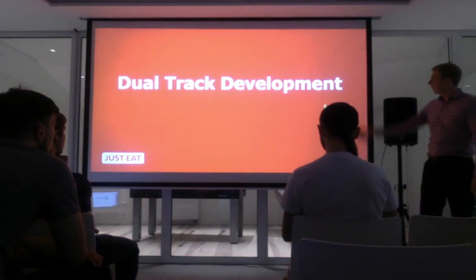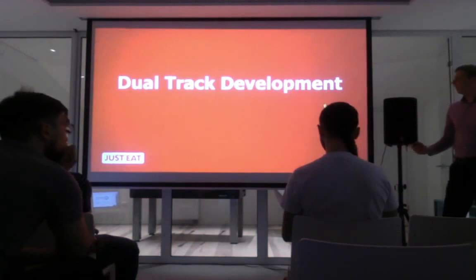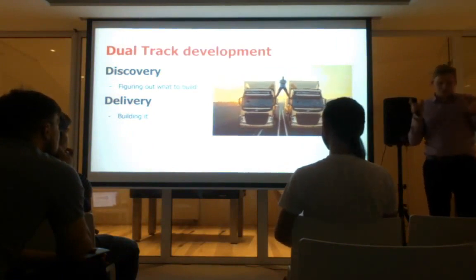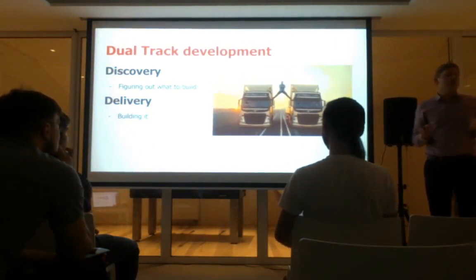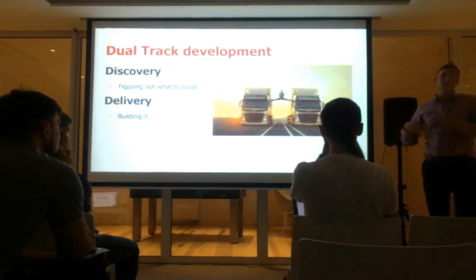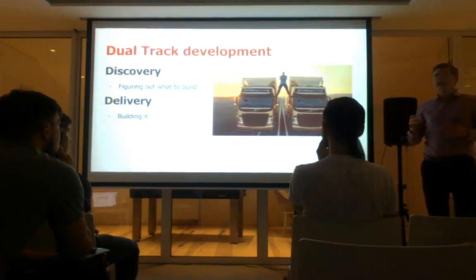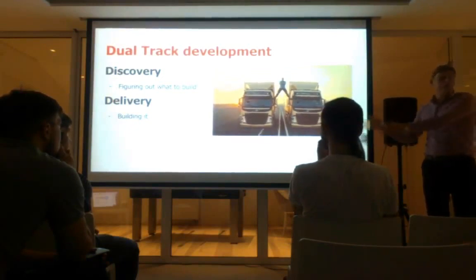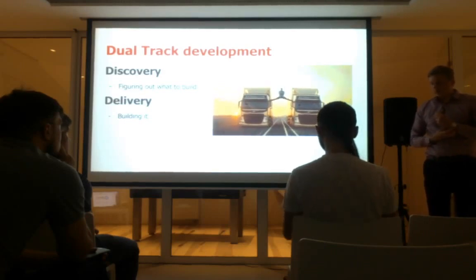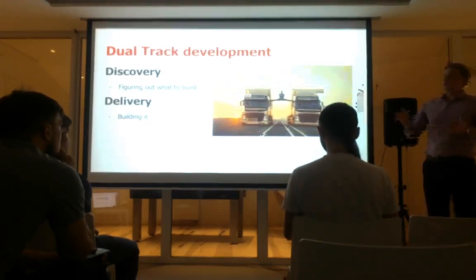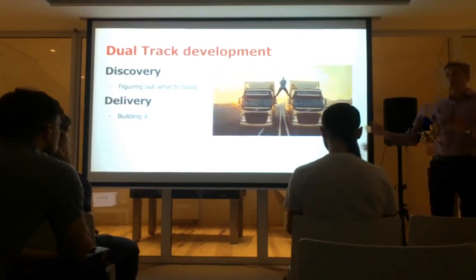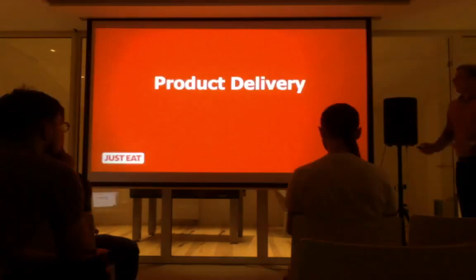So, dual track development. Basically, you have to manage 2 roadmaps, 2 backlogs at the same time. One is where you have to figure out what you need to build, so you're working on your own, leading in analytics. And the other one is actually building the features that you promised to deliver to the business. Now, the interesting thing about this is that your discovery roadmap is actually involving developers and making them build something that you can then give to your clients. I'm going to touch on that.